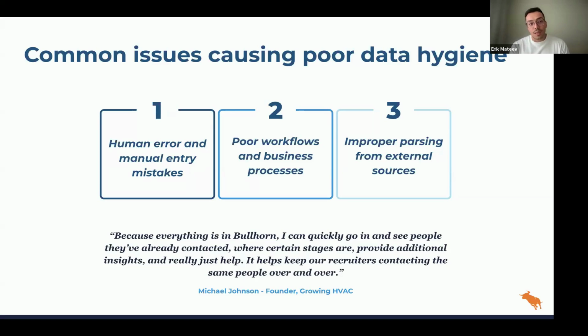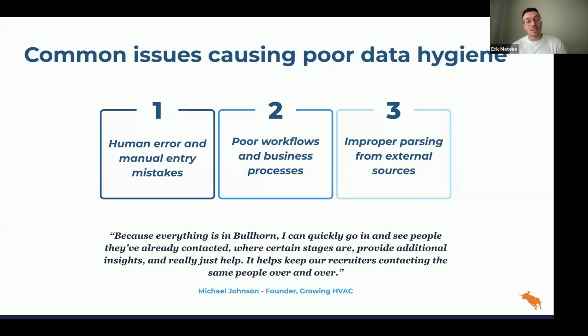The other common reason for bad data is poor workflows. This is cases where you have built certain best practices that you want your recruiters to follow, but those best practices are very admin heavy. There are a lot of low value, repetitive things that consultants are required to do themselves, which they don't see as valuable, right? And it's very low on their priority list, which means that recruiters are going to focus on things that can help them work closer to the money and generate revenue. And they're going to end up putting those tasks on the back burner. They're either going to forget to do those admin tasks, or they're going to skip them altogether because they just can't be bothered to do it.